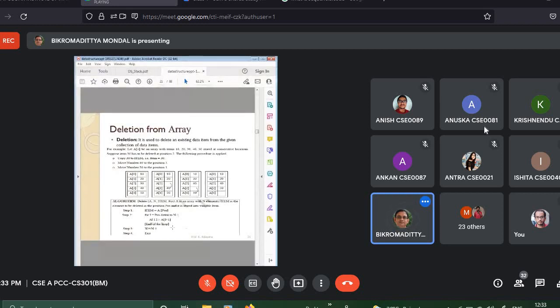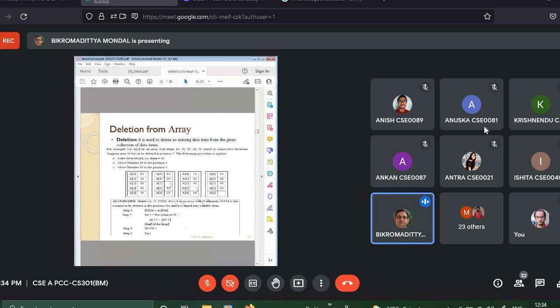Suppose we want to delete the element from the third location, A2. See, in this slide also it starts from 0. So third location is A2. So now you need to do the shifting in which direction? Towards the right or left? Right to left. In case of insertion, we do left to right to make that place empty. But now we do it in the opposite direction.